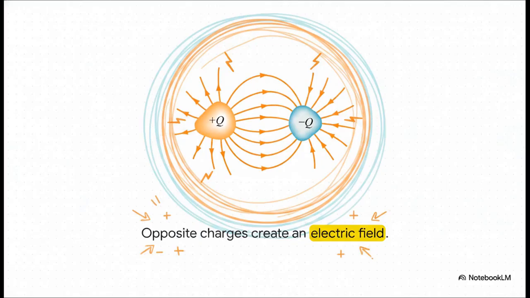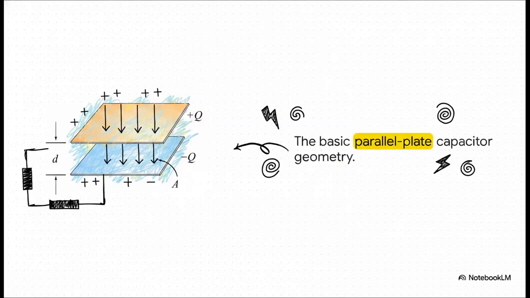To capture this force, we have to start with the most fundamental rule of electricity. Opposite charges attract. You've got a positive charge plus Q and a negative charge minus Q. And this creates this invisible electric field between them, flowing straight from the positive side over to the negative. We can actually harness that specific electric field using a surprisingly simple device called a capacitor. In its absolute most basic form, a capacitor is literally just two parallel conducting plates. They carry equal but opposite charges, and they're separated by a tiny physical distance, which we usually just label as